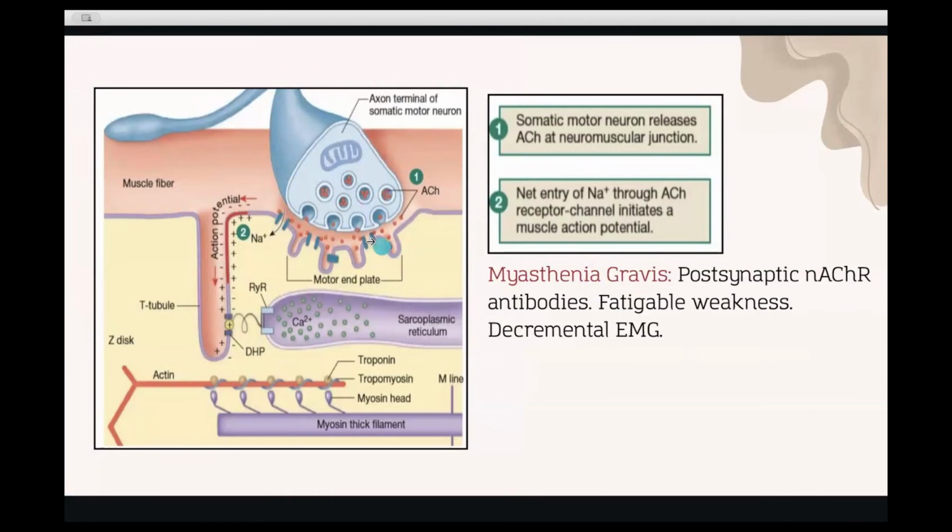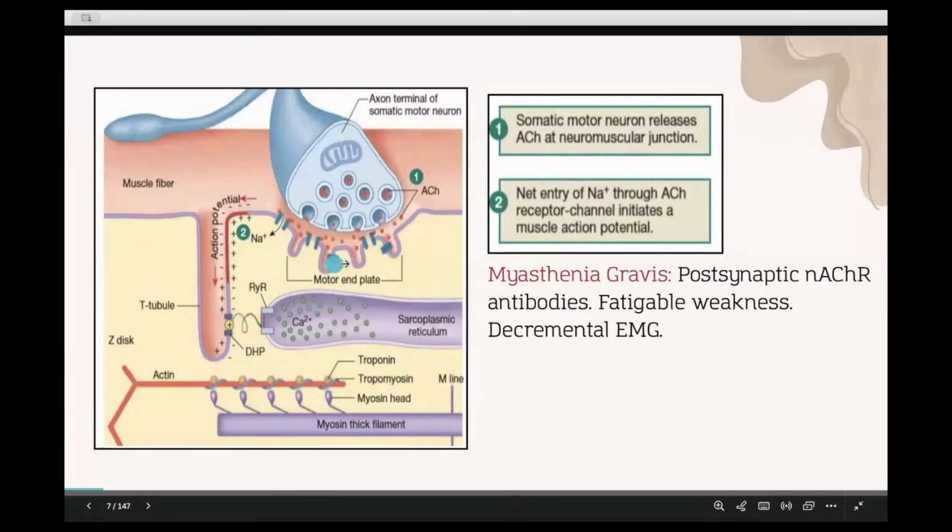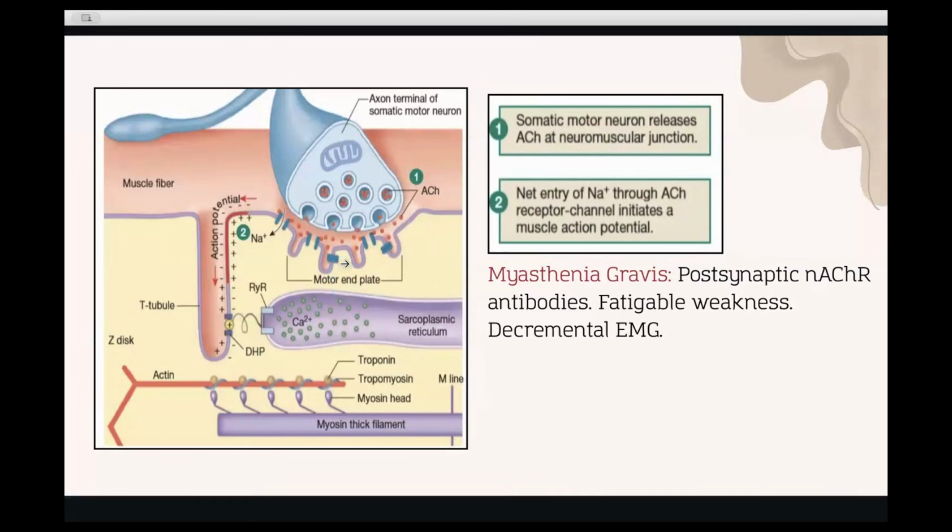As we said, the acetylcholine needs to be released from the neuron and to attach to the postsynaptic receptor at the neuromuscular junction. Now in myasthenia gravis, we have postsynaptic acetylcholine receptor antibodies. What this means is that even though there is acetylcholine in the motor end plate, it's not able to attach to the receptors on the postsynaptic membrane. So postsynaptic acetylcholine receptors, and unlike the Lambert-Eaton, this is a decremental disease, meaning the more you use your muscle,